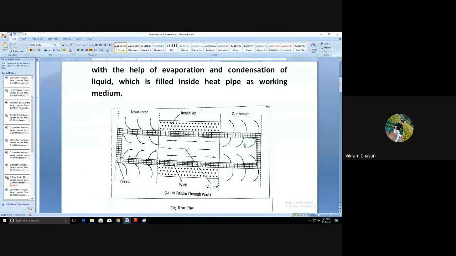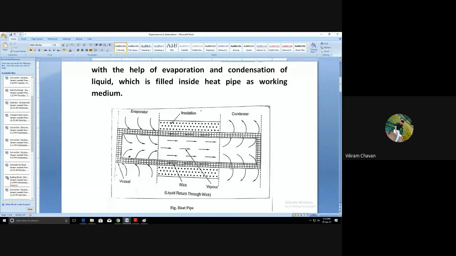Vapor gets condensed into liquid form, and this liquid present in the condenser section will be absorbed by the wicking material or wick structure present in the heat pipe. The main function of this wicking material is to transport this liquid from the condenser section to the evaporative section. And once again the working fluid is present in the evaporative section in liquid form for absorbing latent heat from the source.